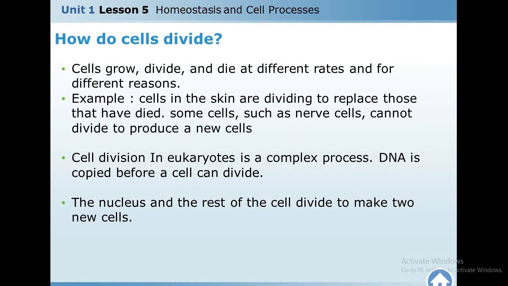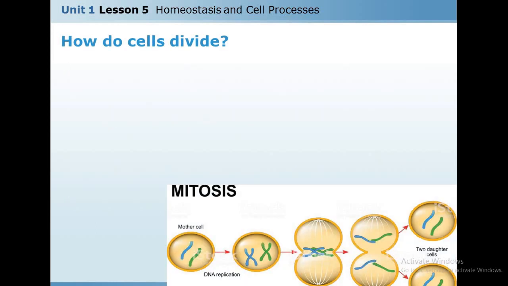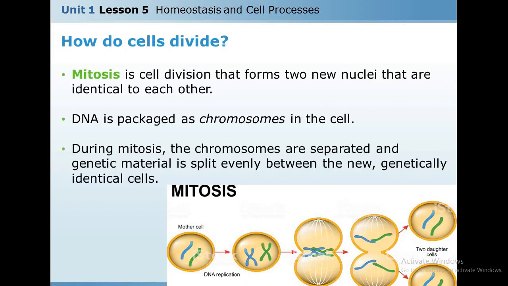Okay. For the cell to grow, it has to divide. As I told you, in the levels of cellular organization, we start with one cell and we end with an organism. How is this cell going to develop into a full organism? It has to grow and it has to divide into multiple cells. So this is cell division. This is how the cell is going to grow, and then it's going to be divided into two identical cells. This division is called mitosis.